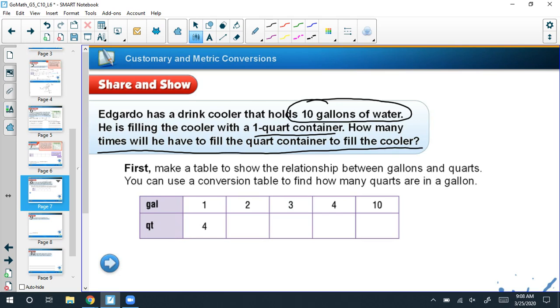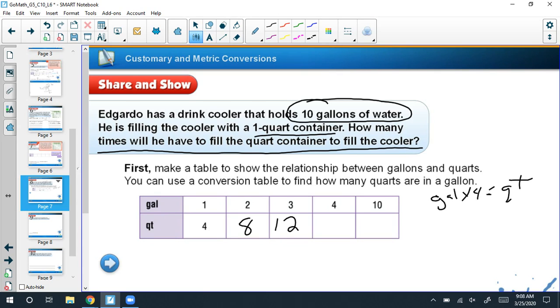So what I'm going to do is fill in the chart they've given us. I know that there are 4 quarts in 1 gallon. I know that in 2 gallons, there are going to be 8 quarts, and in 3 there are going to be 12. And so as I look at this, I see that the relationship between gallons and quarts is that I multiply my number of gallons times 4